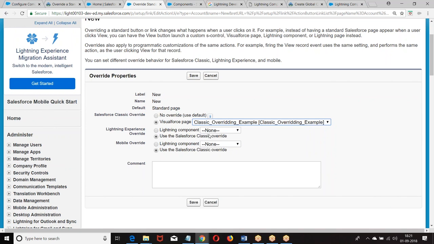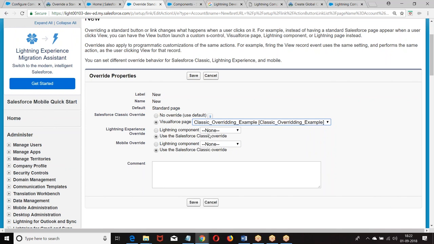But in the Lightning, if you want to override any one of the standard actions with a Lightning component, that Lightning component has to implement an interface called action override.